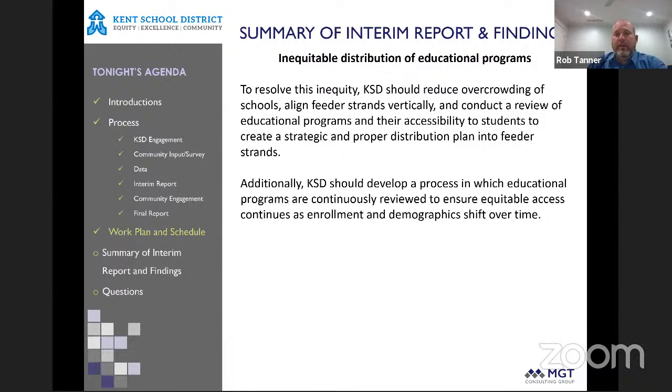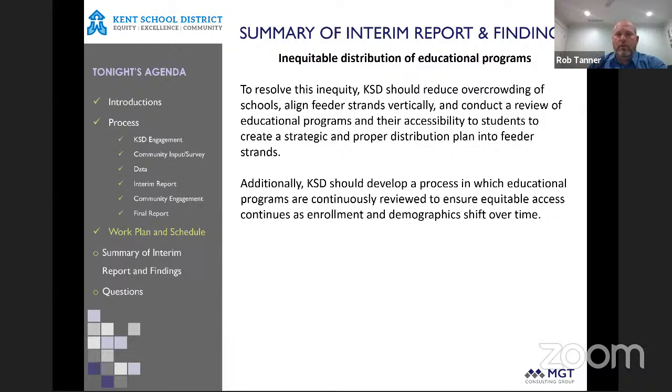And they were very concerned about what that did to that inclusive ed student and the issues that might have. And so when we look at distribution of these educational programs, aligning the feeder strands is paramount, and then also addressing the overcrowding of the school. So those three things are really tied together,